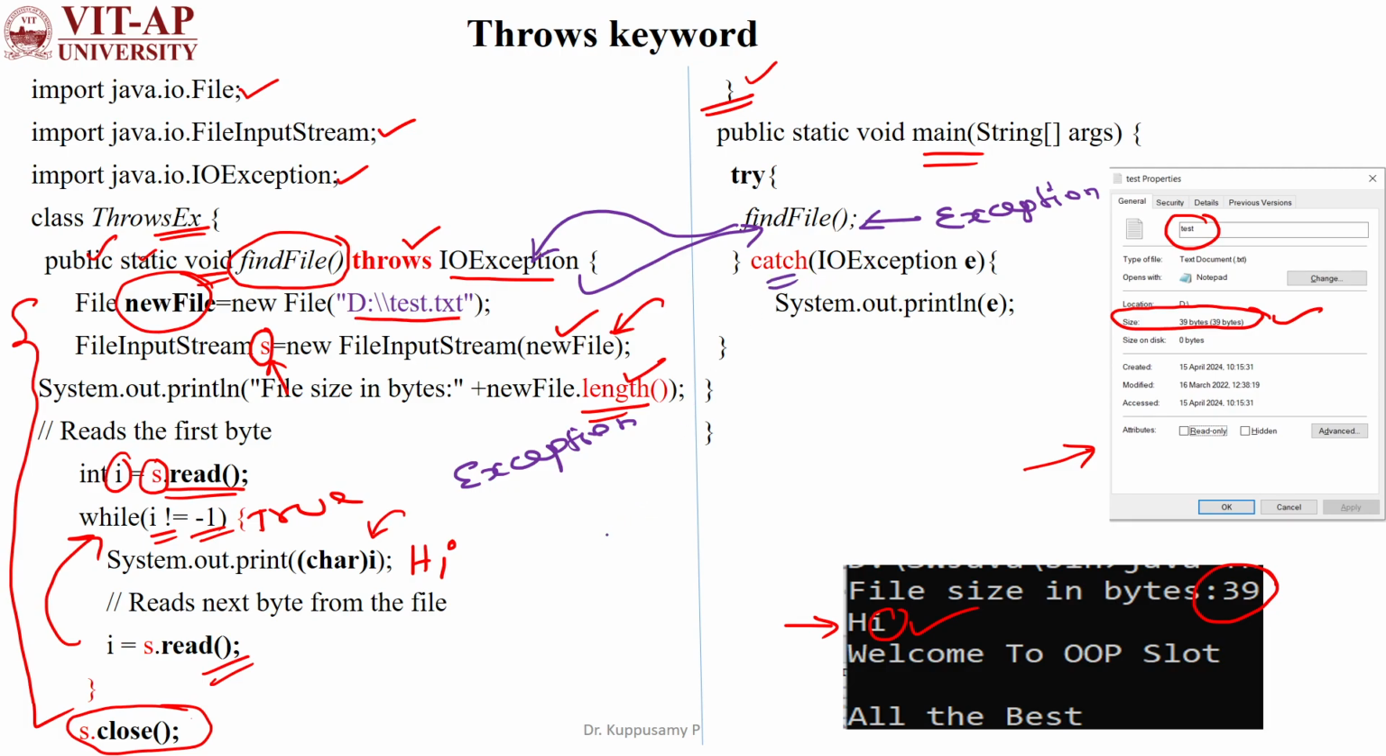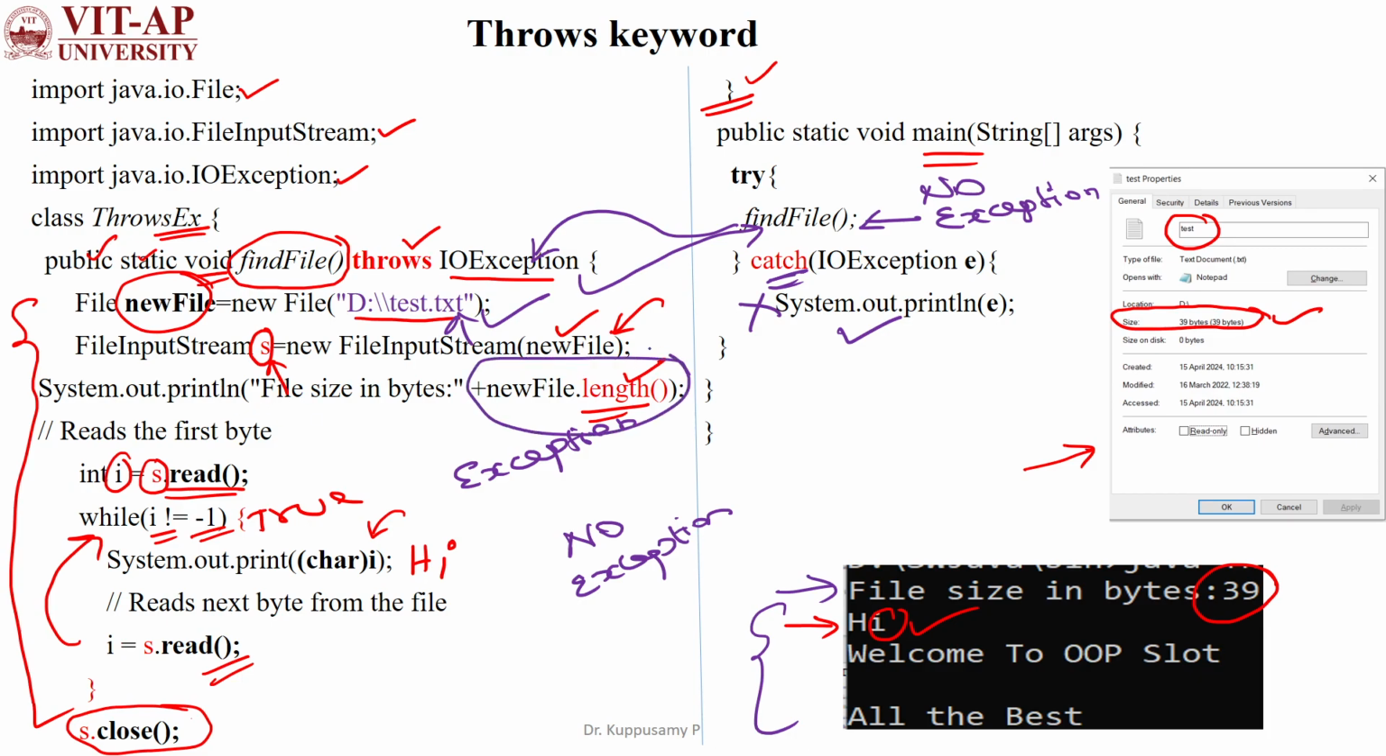But in this example no exception is raised, because everything is perfect: that file exists in the D drive, as we have seen. So there is no exception raised here, the catch clause is not coming into the picture, and this line is not executing as of now. That's why we are just getting the output as file size is 39 bytes, which is given from this